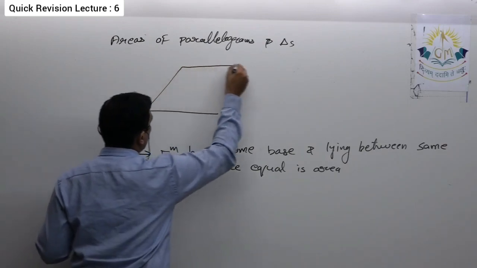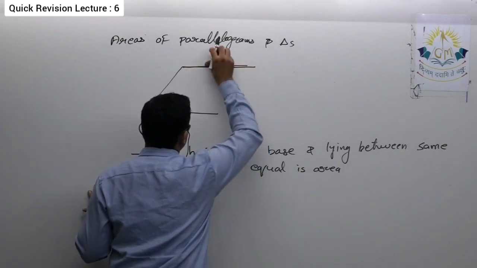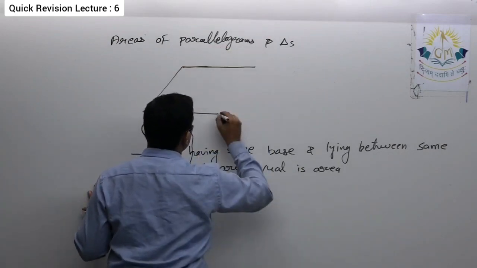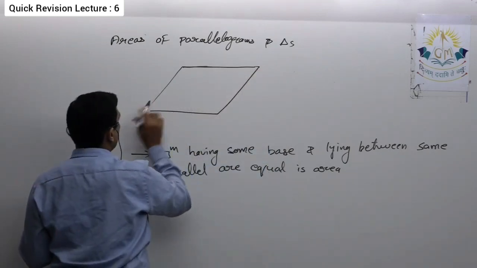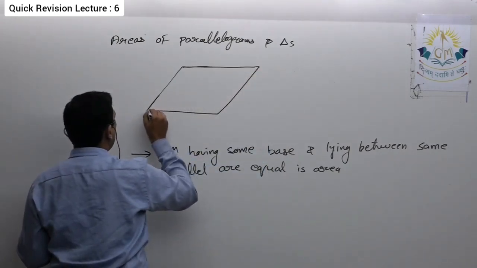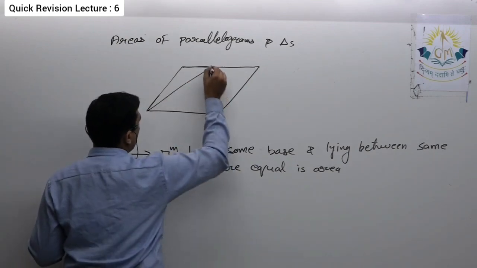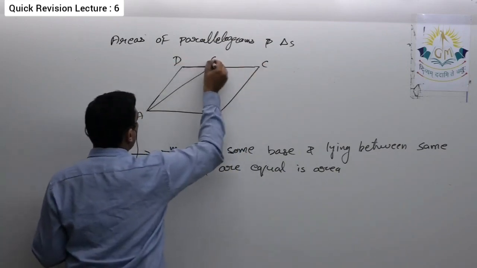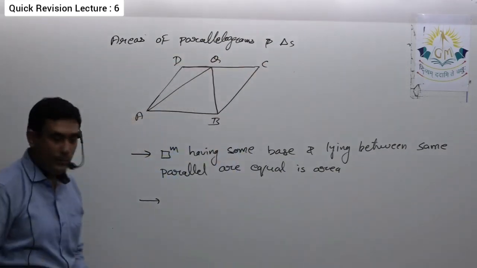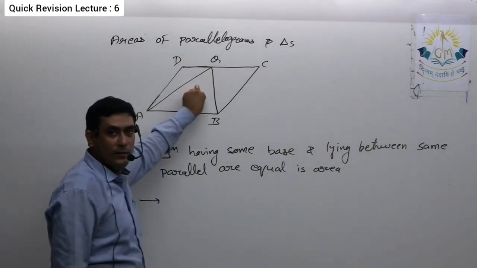Okay, if I draw a parallelogram, and also draw a triangle. ABCD is a parallelogram, ABQ is a triangle. That means if a triangle and a parallelogram have the same base, then the area of the triangle will be half of the